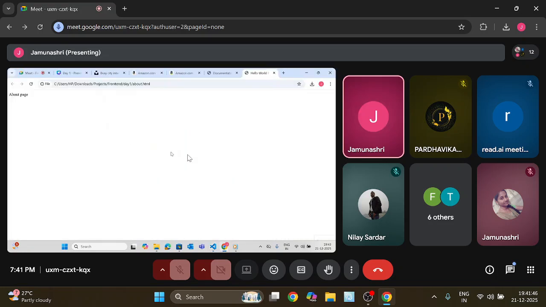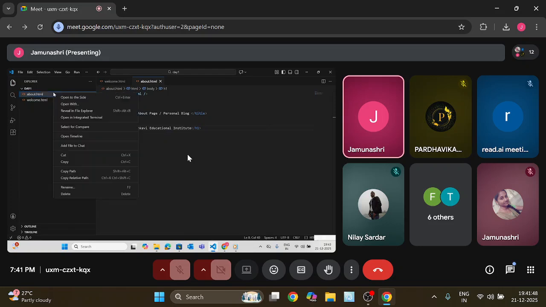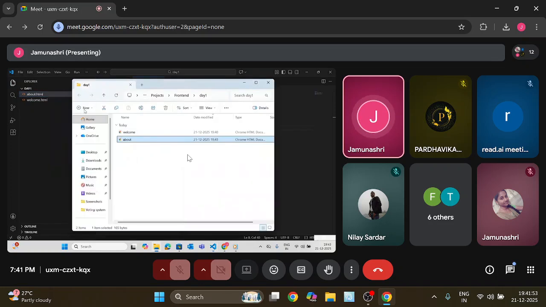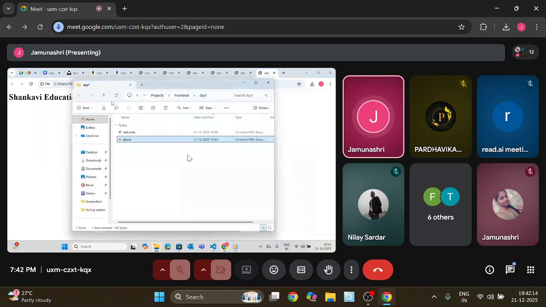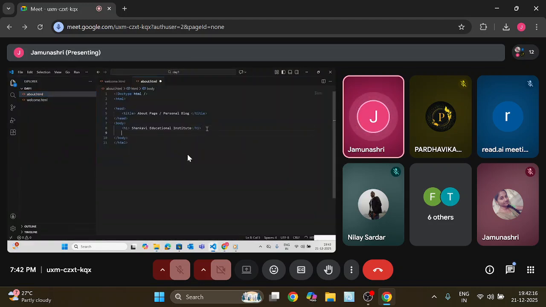Now you can see, sorry, I'm just opening the reveal in Explorer. So it is opening inside that. I'm just double tapping that. So you see, the about page or personal blog is showcased here. So the Sun Kavi Educational Institute is showcased like this. If I put some more information in the H2 tag, it will showcase like that. So I'll just show you